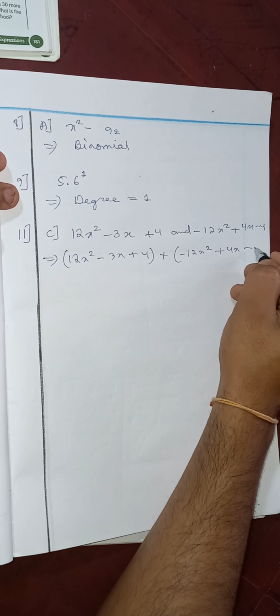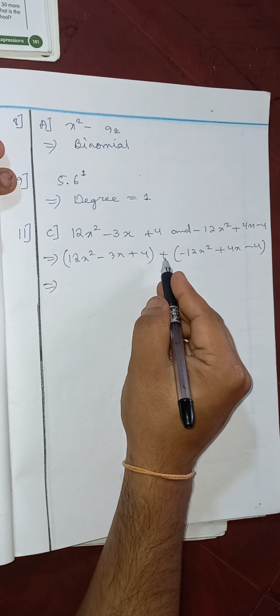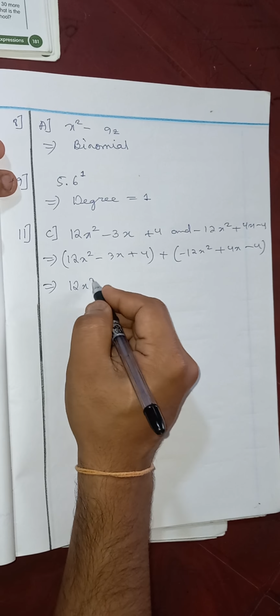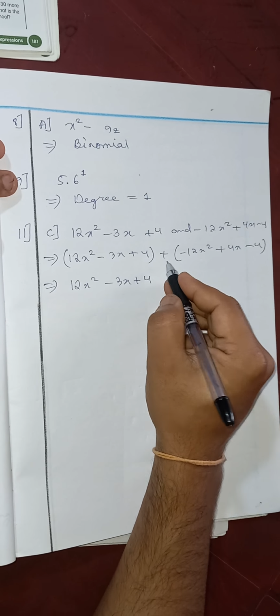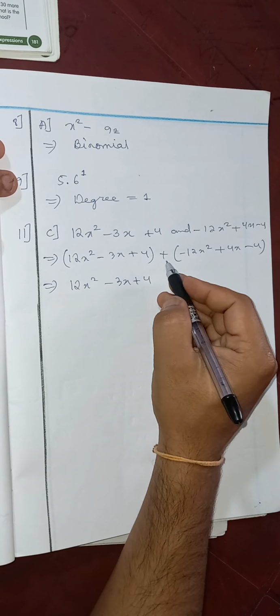Okay, now see here, what we need to do, children, is this bracket will get removed, and see what will happen: this will remain as it is only, and this plus would change nothing in this, and this plus minus would become minus 12x square, this would remain plus 4x only, and this would remain minus 4 only. Okay, now after that you have to bring common things together, this and this. See, I'm writing 12x square minus 12x square, then I'm writing this and this common things together without changing the sign, only bringing them together, you don't have to change the sign. Okay, so I'm bringing 4 and minus 4 together.